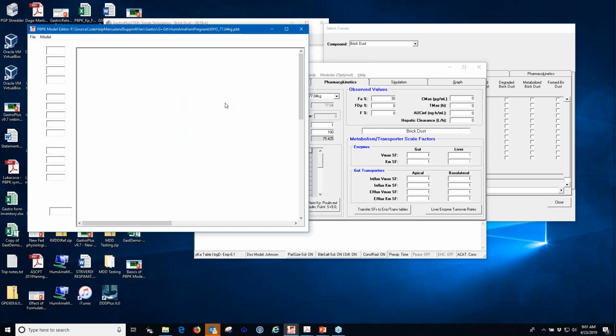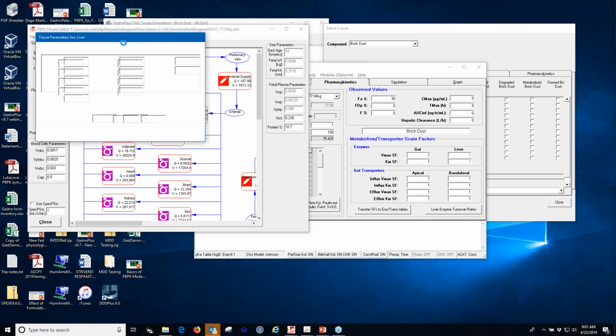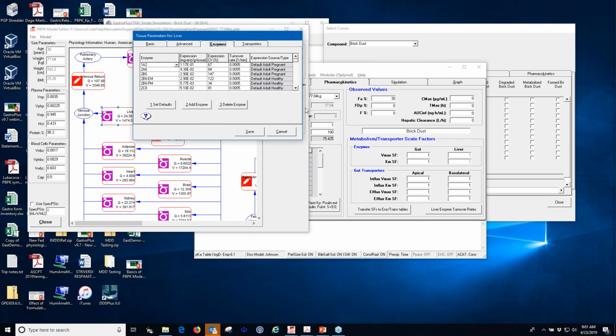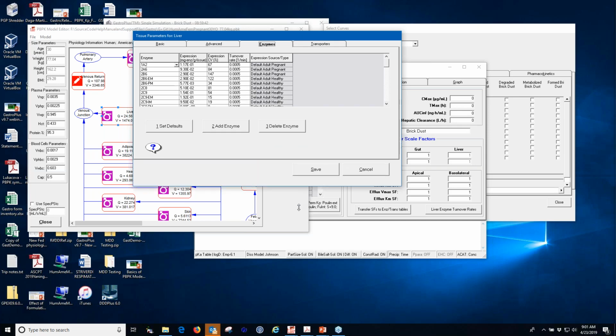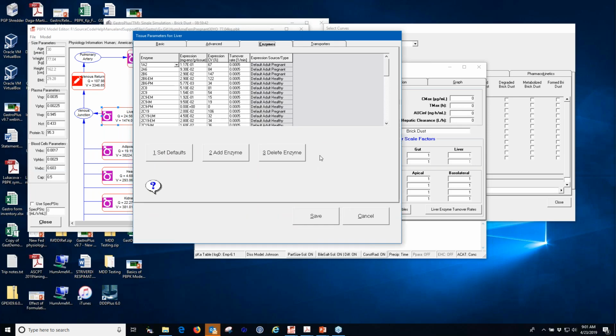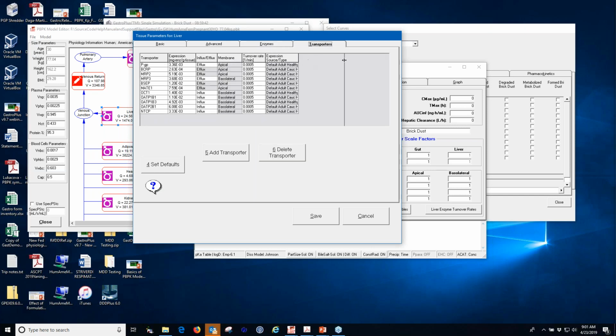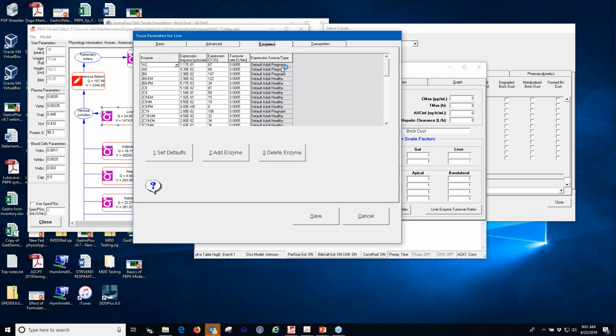I think there are some enzymes for which we had the information. So if we were able to find the information as to how they are changing, then it is incorporated. For others, if we did not have information, you have to do it manually. And again, we do give you information about which ones were changed when you create the physiology and you look at the enzyme expression levels or transporter expression levels. The source does tell you: if it says pregnant, it means it was scaled for pregnancy based on what we were able to find in the literature. If it's just showing adult healthy, it means it was just for non-pregnant adults and does not account for the pregnancy.